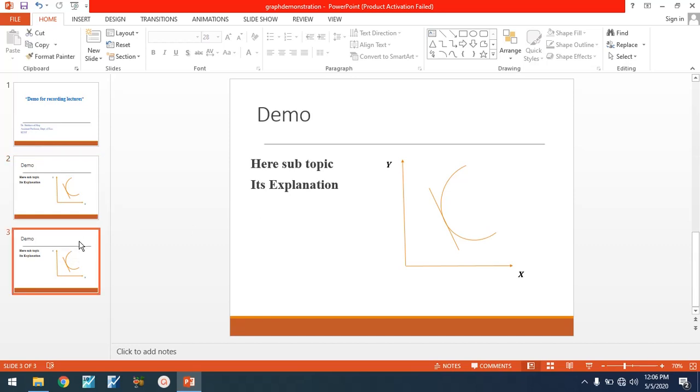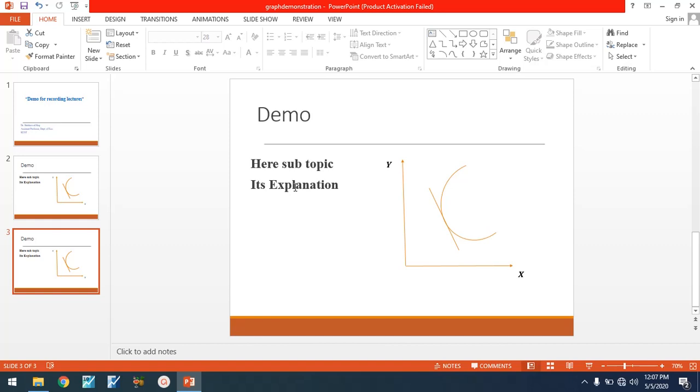Now if I click on the third one, maybe if you are not looking at the left side of the screen, you think it's the same, and of course it is the same slide. But when we add animation to the slides, only the part that you want to show will be shown to the students.